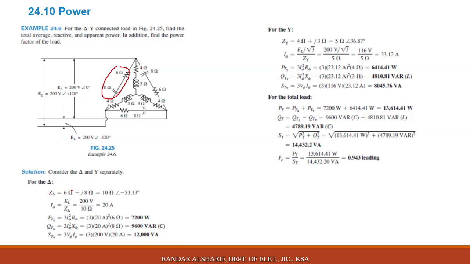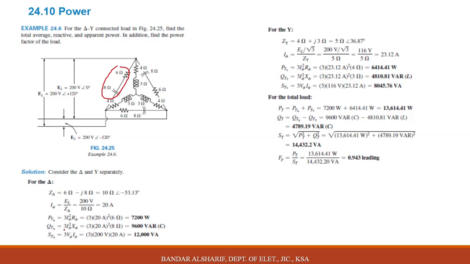Because in a delta connection line voltage equals phase voltage, 200 divided by 10 equals 20 ampere. Power total, you will multiply 3 by I square R: 3 multiply by 20 square multiply by 6, 7,200, and